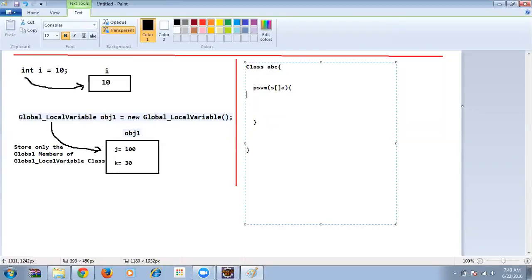So here, if you see, I'm having integer i is equal to 10. Then here I'm having integer x is equal to 20. Then static integer y is equal to 30. Okay. So now if I want to access the i variable directly, I can access, not a problem, because it's a local